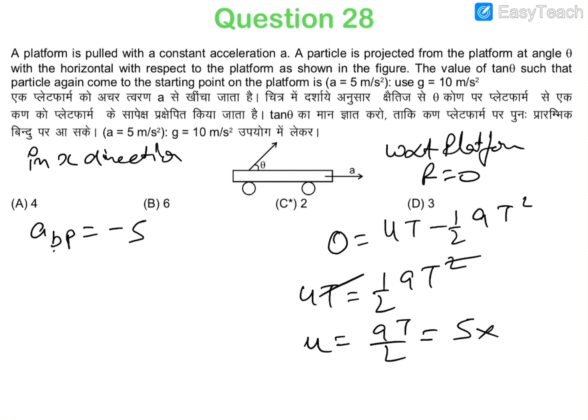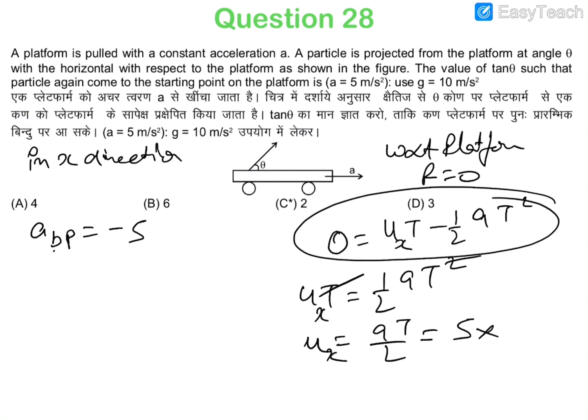Okay, so time of flight will be u. We have applied this equation in the x direction. So this is ux, this is ux, and time of flight is 2uy by g. Okay, so this is, so ux